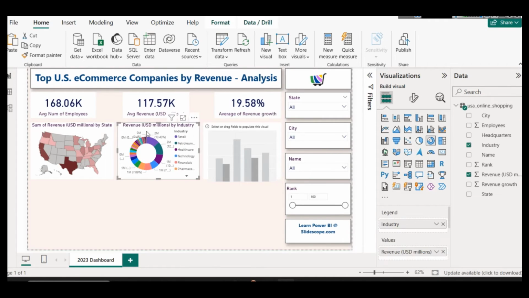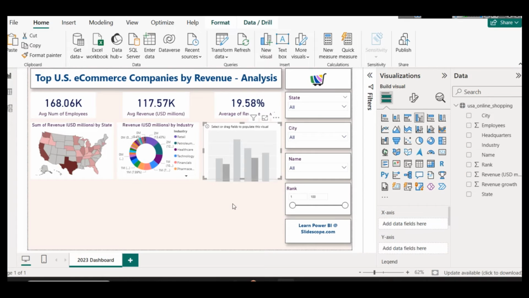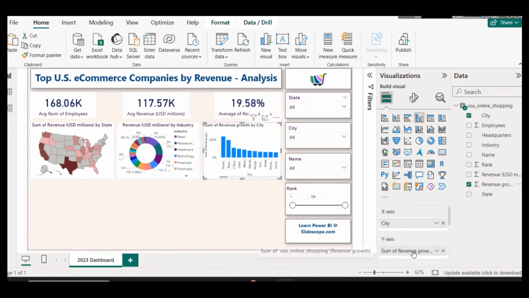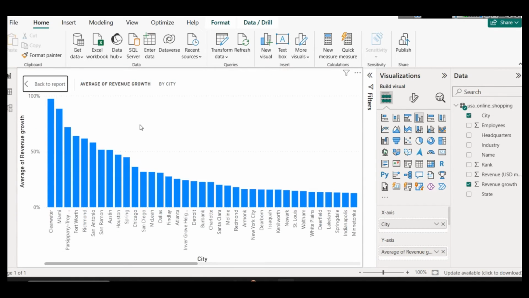Here we can simply select city name or county name, whatever you want to select, and on the y-axis we will select revenue growth. Okay, and not sum of revenue growth, but average revenue growth,